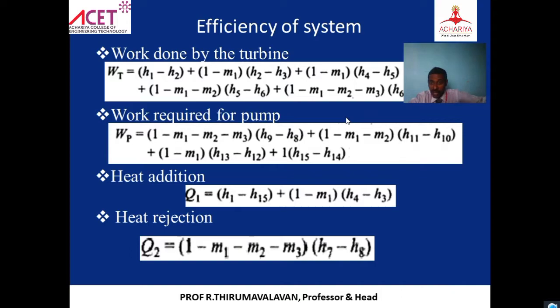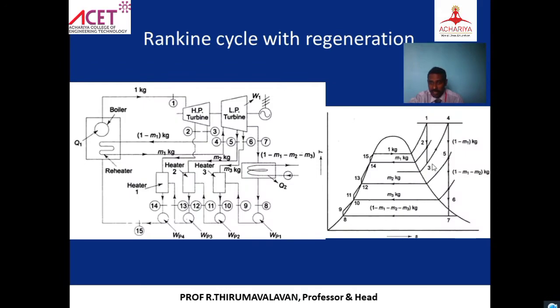In the H4 minus H3, how much amount is taking place? That we have to check. H3 minus H4 is going to be how much amount, right? And how much steam is used for it, because I have taken out 1 minus M1, M2 for the future expansion, right? So the remaining is only going and trapping for the purpose of the regeneration process. First we are taking some part to the reheating. How much is going for the reheating process? You can see here the work done H2 minus H3. So H1 minus H2.